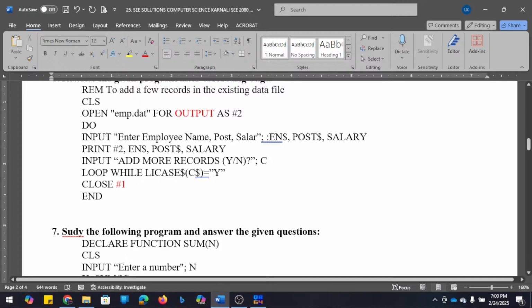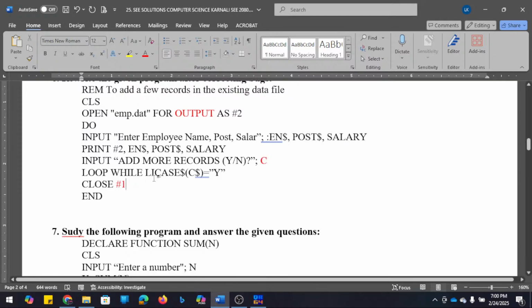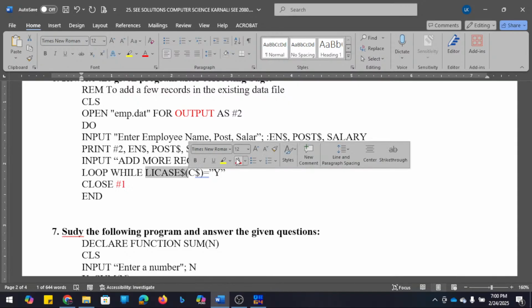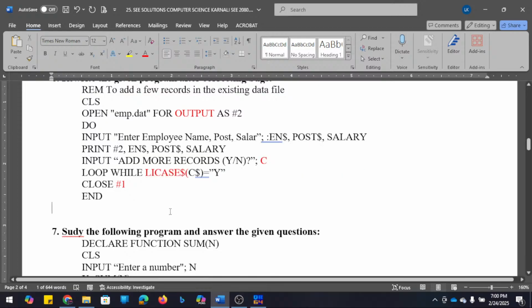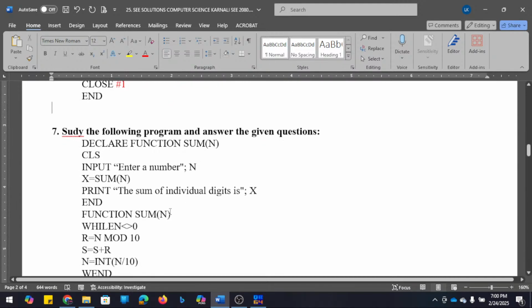Any mistake there? Output here, print channel number 2. This is fine. Input 8 more records. Okay, so here is the next mistake. Dollar. Okay, loop while. Here is the new case, so this is the next mistake. So these are the mistakes we have found there. Some may be typo errors. Okay, now let's go for the next one.